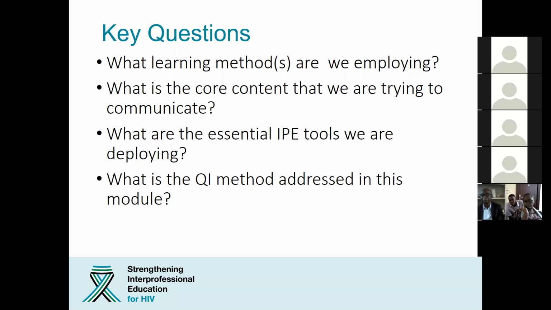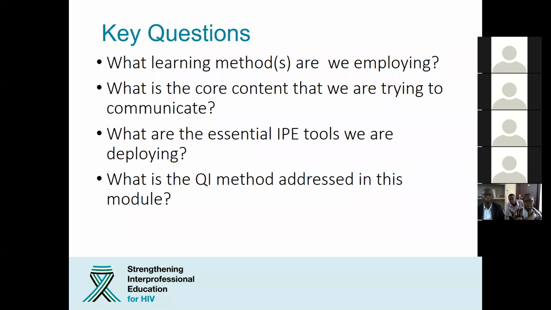So just to sum up, what learning methods are we employing in this module? We're using a lot of small group discussion. There's a role play, and then there's reflection. And the core content that we're trying to communicate, hopefully we've already discussed, but again, that